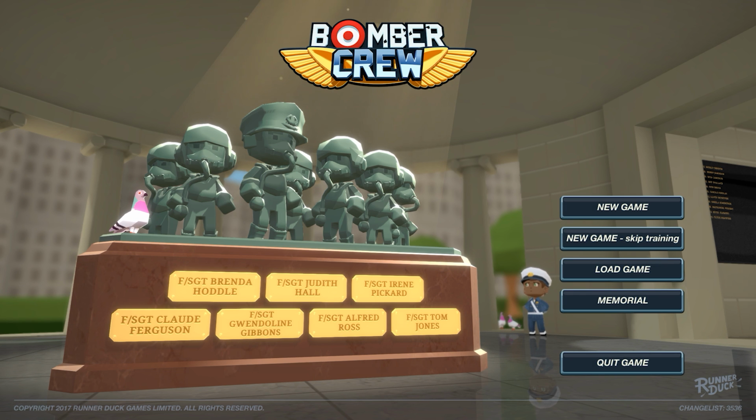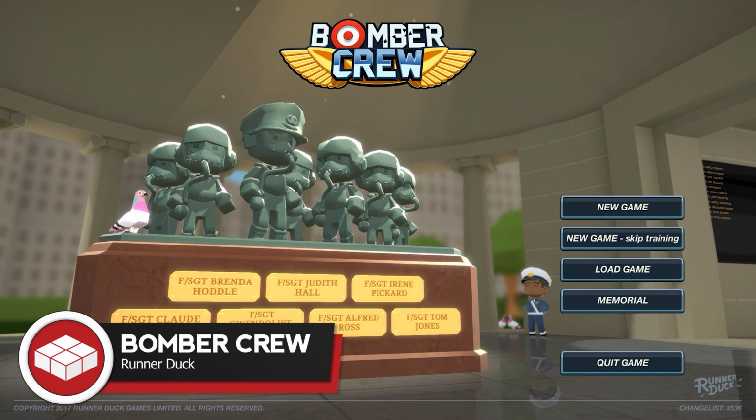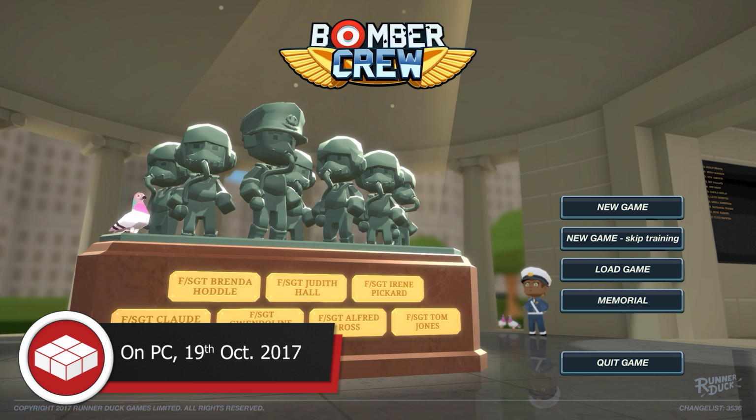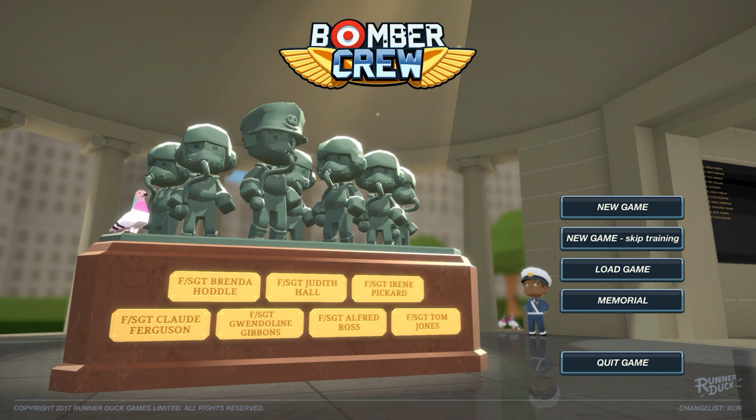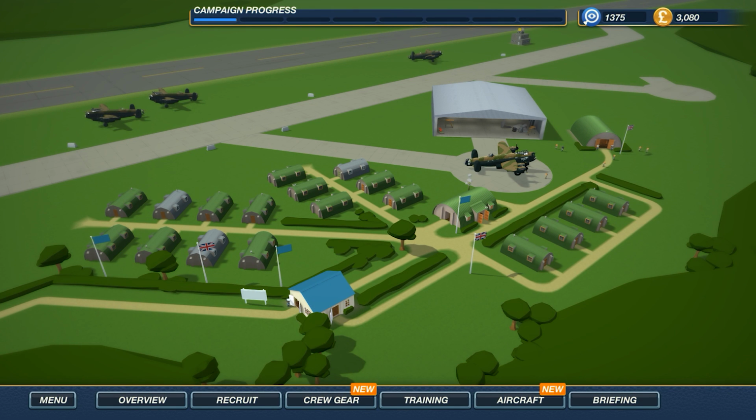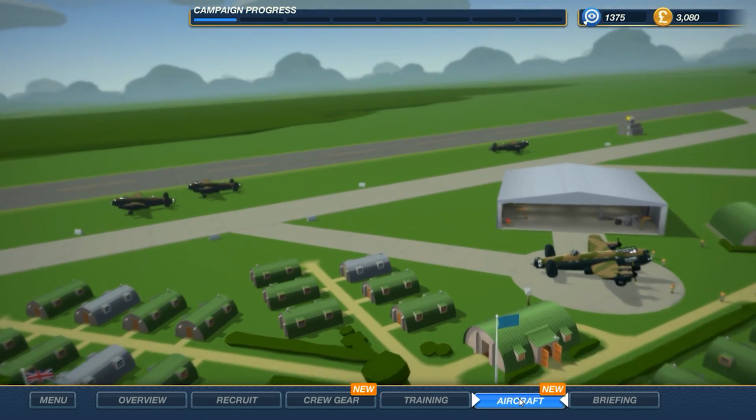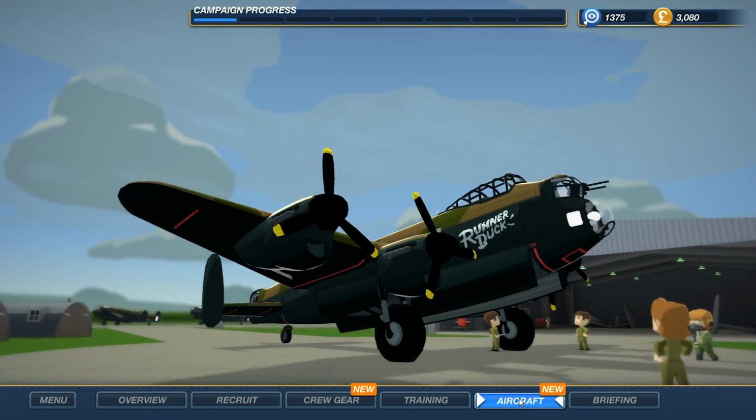How's it going, guys? John here from the Killer Bits, and yes, I'm back in Bomber Crew, and today I thought I'd do something a little different. I thought I'd show you how you can customize your plane. Obviously, in Bomber Crew you can customize a bunch of stuff like the crew and that, but if we head into the airfield and head on over to our aircraft, I can actually show you how to add some custom logos